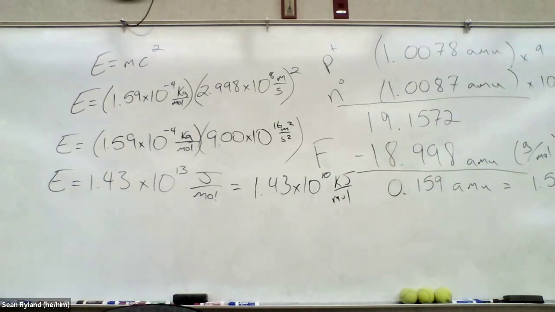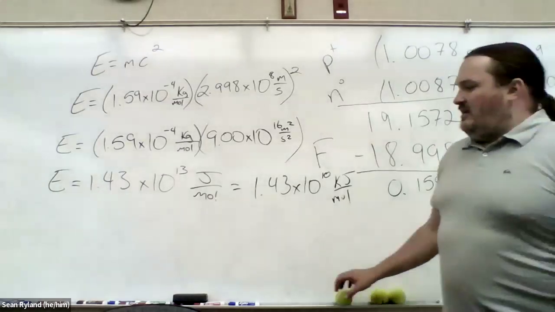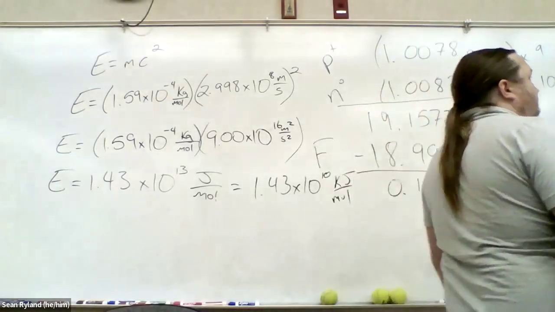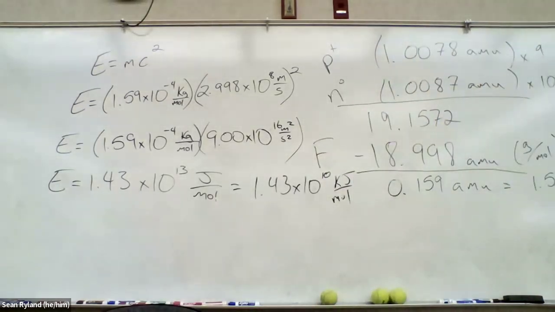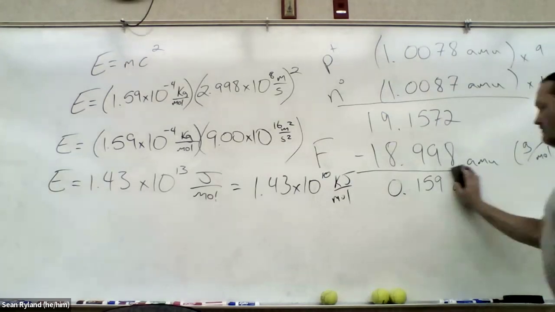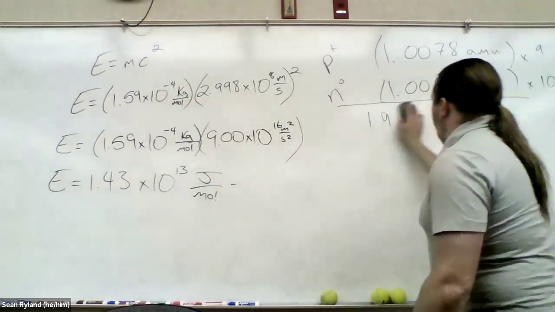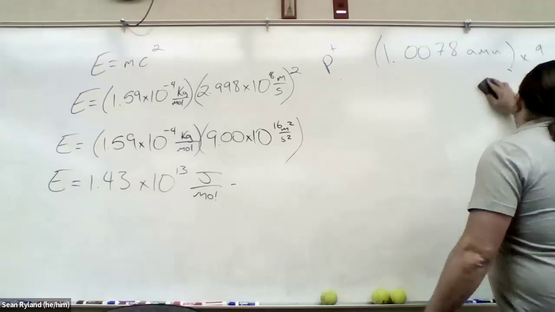All right, so how do we do this with the nuclear reactions instead of just looking at the individual pieces? We do the exact same thing. You add up the pieces and do final minus initial. So here's our uranium reaction. They've already done the addition for us. So this is the nuclear reaction that yields that